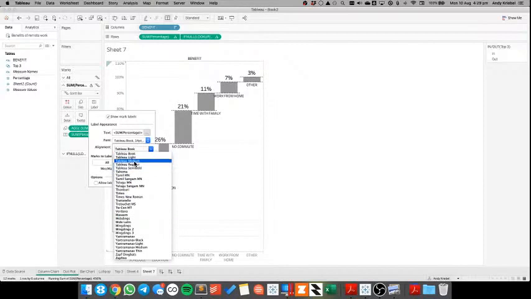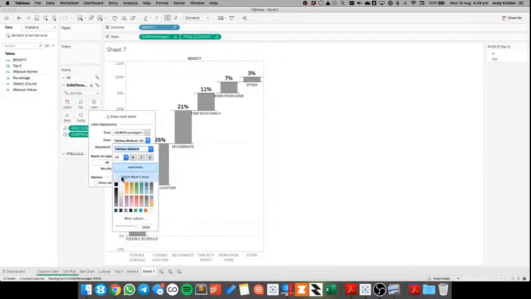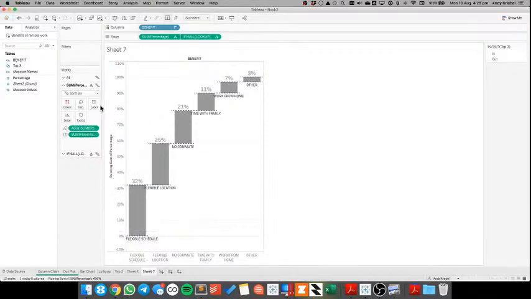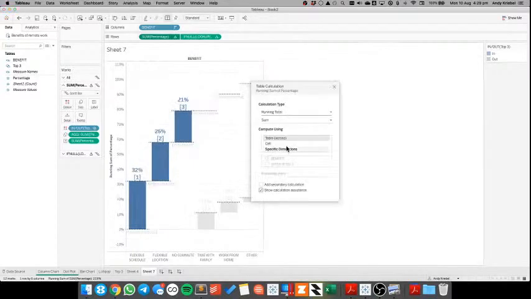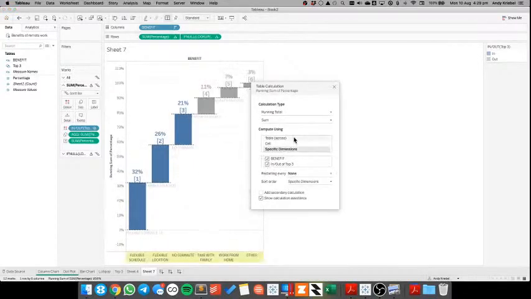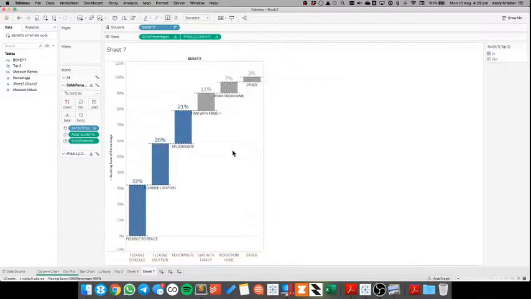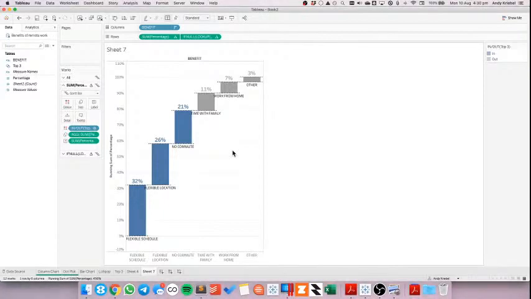Let's go with maybe medium, match mark color. And then I'm going to put the top 3 onto color. Okay, and I need to edit my table calc. Okay, there we go. So, which one do I like? And then what I could do is